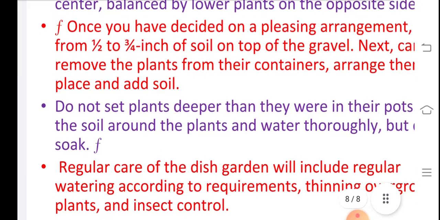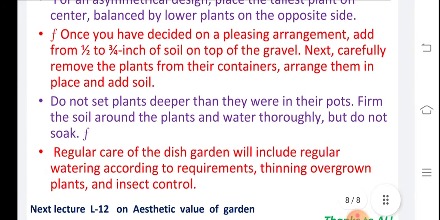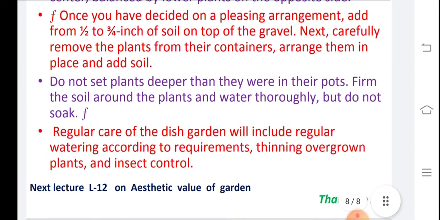Secondly, we know these types of plants. Generally the soil texture and regular observation of the dish are very important. Steps like thinning out overgrown branches are there, so we have to remove them properly